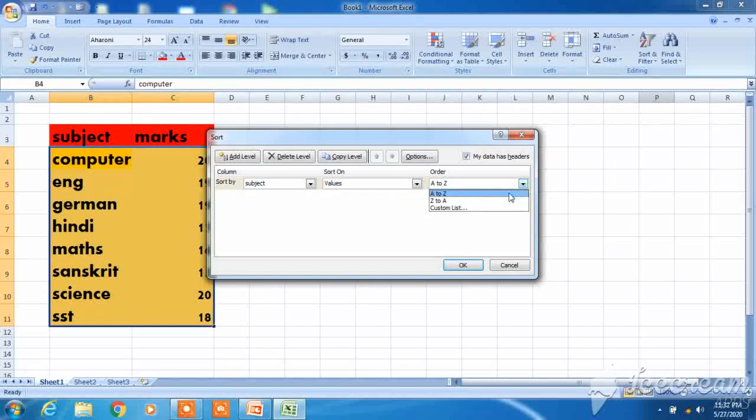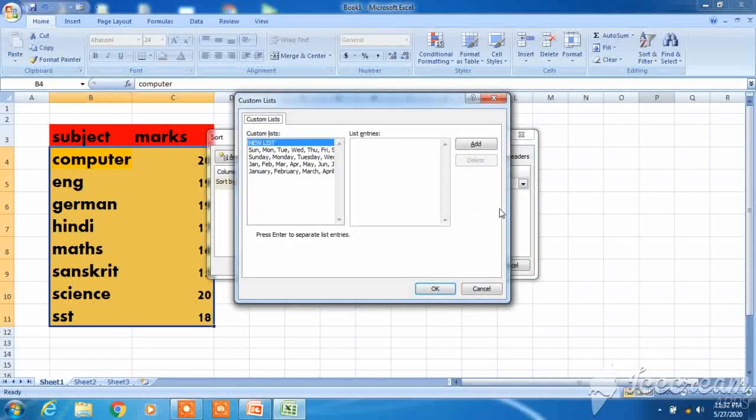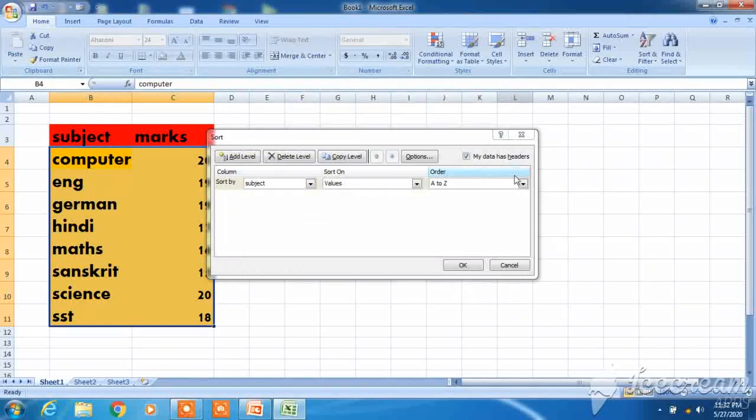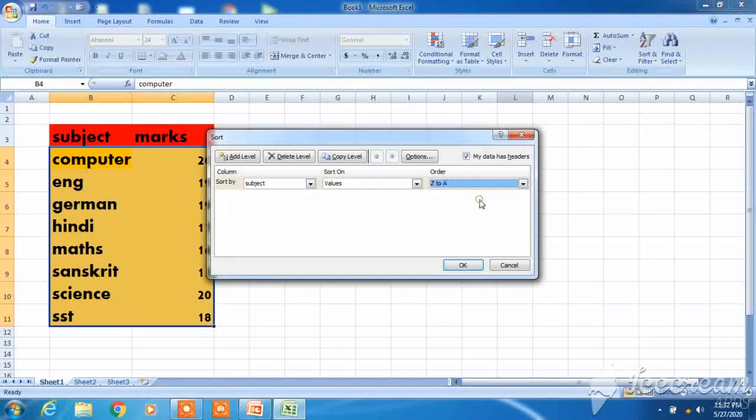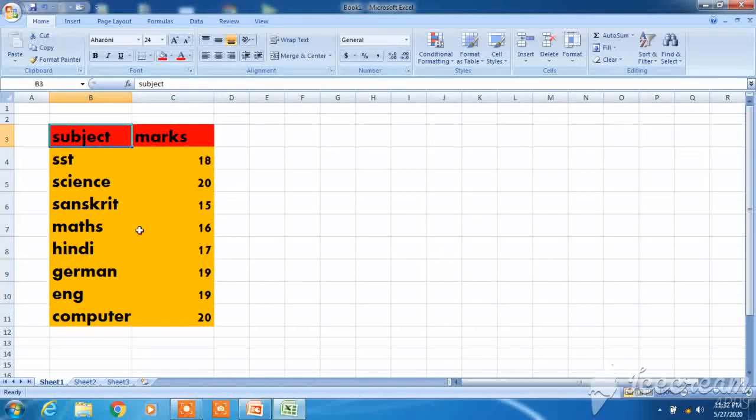Which order? You can also customize the list according to your wish by clicking on that. A to Z or Z to A. We want to sort by subject, values, and A to Z. Let's see the output. The subject has been sorted, and the marks are in the same order accordingly, right? SST we have given 18, maths is 16, so accordingly everything has been sorted out.